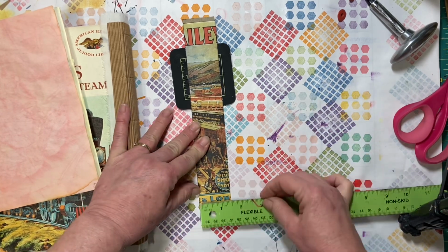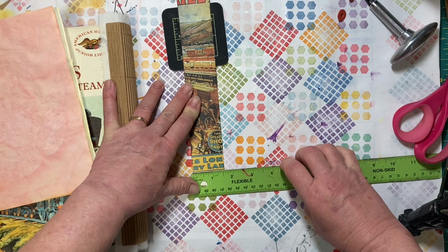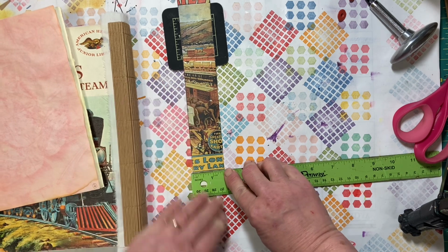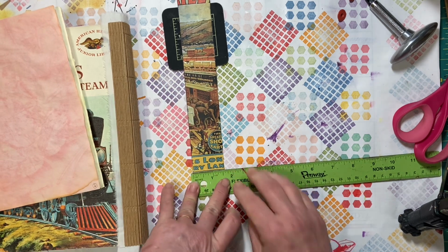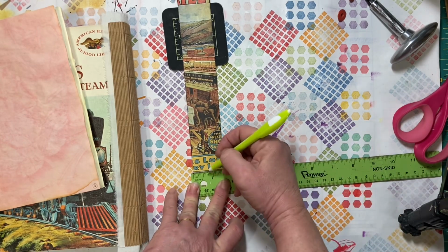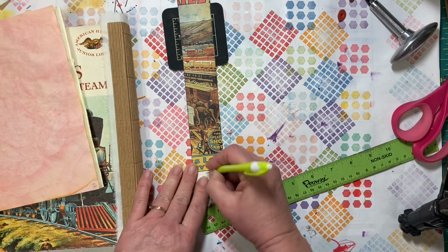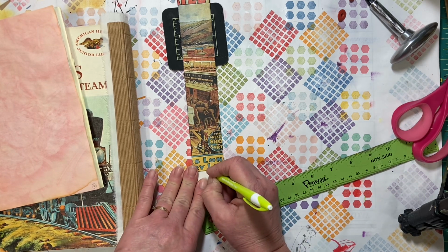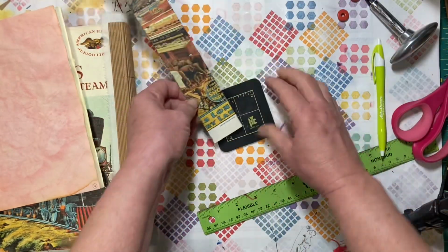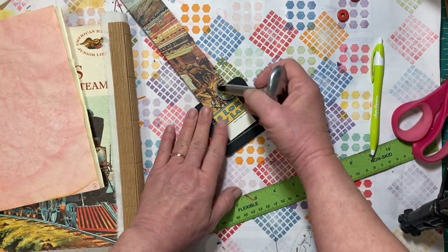And we're going to measure how wide is this. So it is now just over 1.5 inches. So I need 3/4 of an inch, 3/4 of an inch and about 1/16. So I'm going to put my first hole right there. And so then you just take this with the cutter portion and you just put that cutter